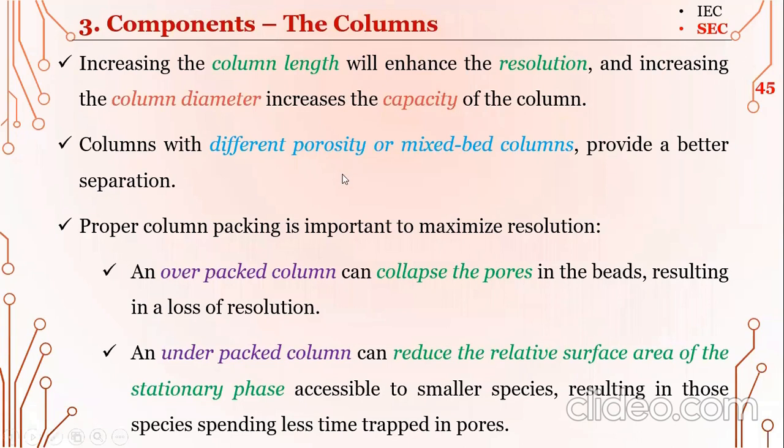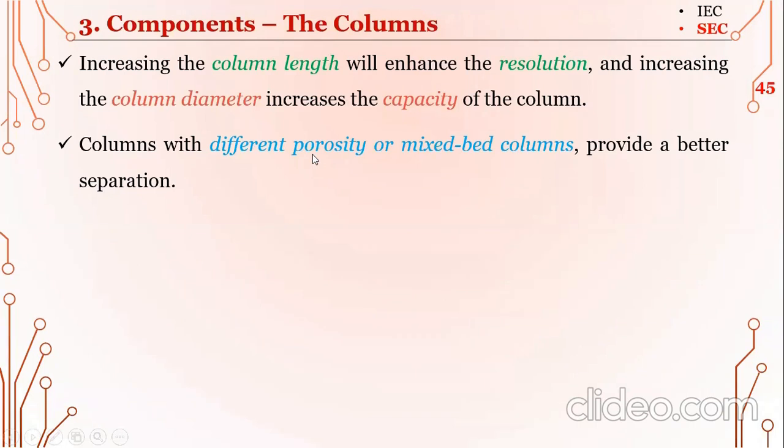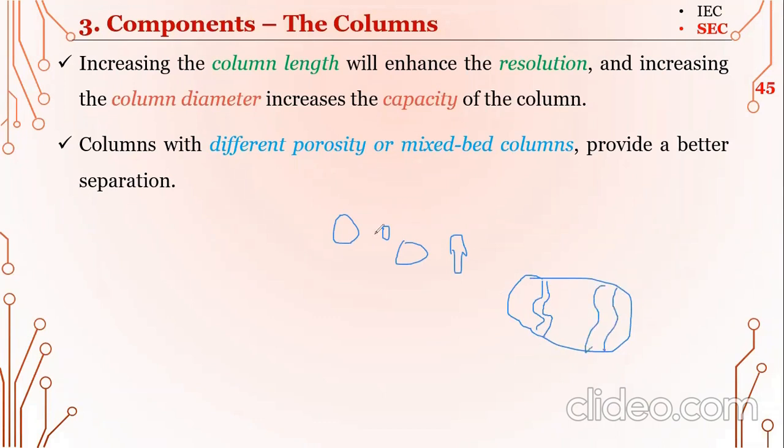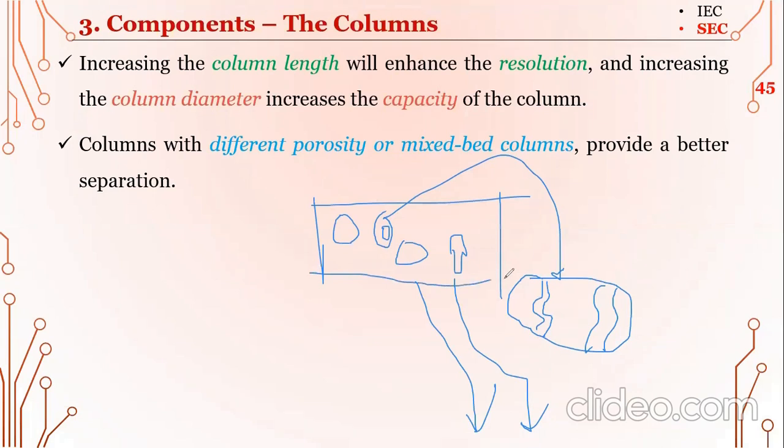हम चाह क्या रहे हैं, what our requirement is, we have different size के samples, और हम ये चाह रहे हैं कि हम ये सारे सैंपल जो हैं ये साइज के बेस पे डिफरेंशिएट कर सकें। तो हम ये चाह रहे हैं कि अगर हमारे पास एक बीड है और इस बीड में, this is the pores within the bead, सो अब हम ये चाह रहे हैं कि ये छोटे जो मॉलिक्यूल्स हैं they get trapped in the beads, ये बीड्स में ट्रैप हो जाएं, ये बाद में मूव करें, जो लार्जर मॉलिक्यूल्स हैं वो फर्स्ट मूव करें, ताकि हम इनको सेपरेट कर सकें, इस सैंपल में से जो लार्जर मॉलिक्यूल्स हैं वो सेपरेट कर सकें from the smaller ones. So we need to have a system जिसमें हम इसको सेपरेट कर सकें।